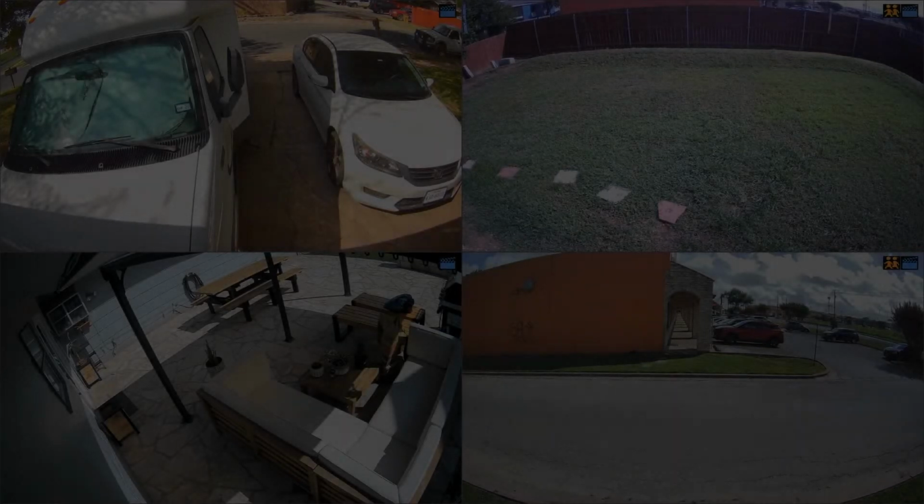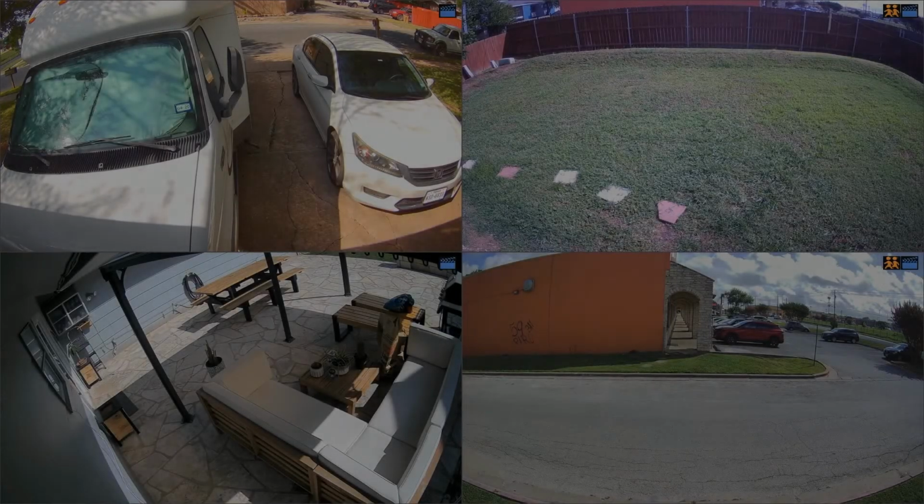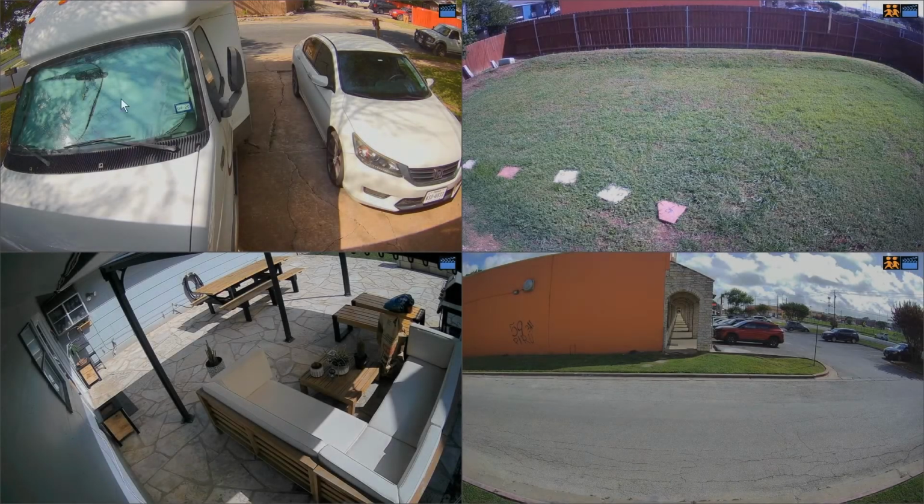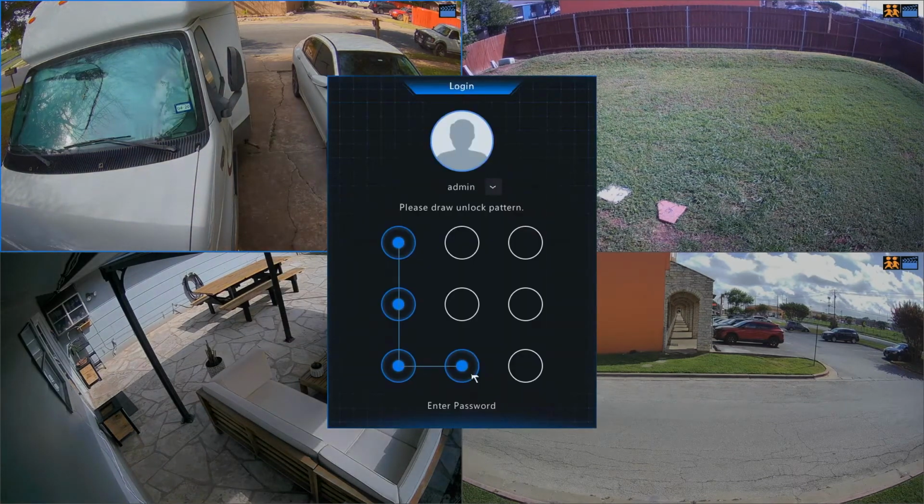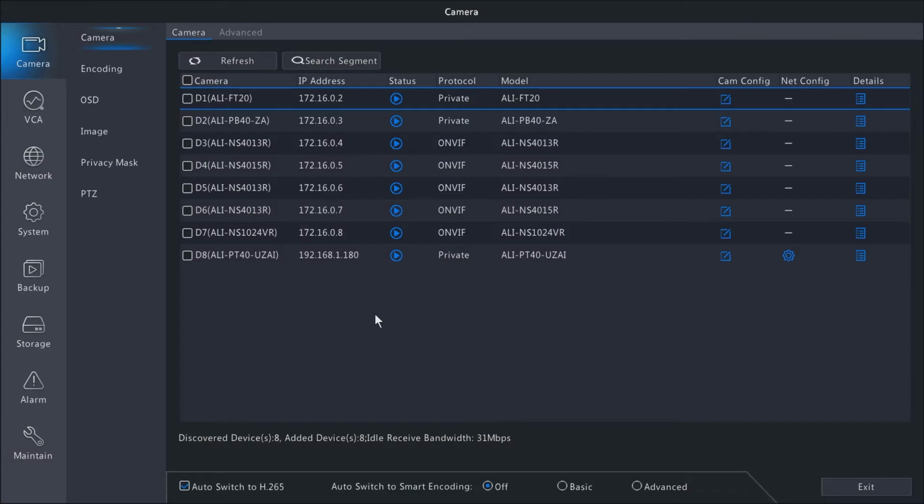Today we'll be covering the camera menu on the Alibi Vigilant NVRs. When you first log into the local interface of the Alibi Vigilant recorder, you want to right click on the screen and go to Menu. Go ahead and put your password or your pattern in, and that will take you directly to the camera menu